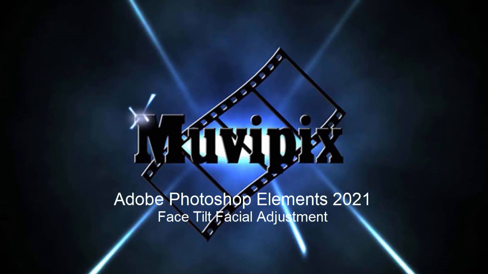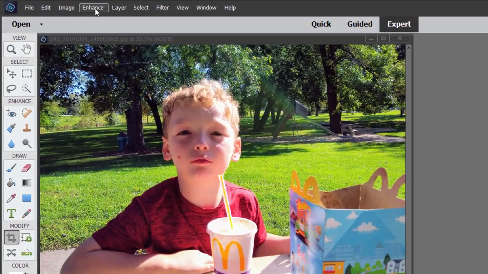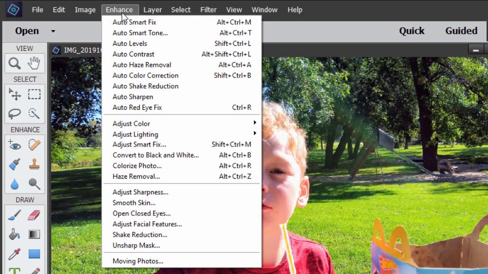as well as Adobe Premiere Elements. And here we are in Adobe Photoshop Elements 2021 looking at some of the new features. Now, one new feature in version 2021 is actually an enhancement of an existing feature, but it is pretty cool anyway. If you have a photo that includes faces and you go into the Enhance menu, you'll find the option